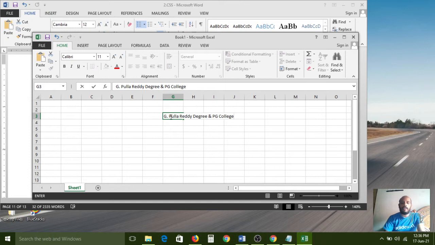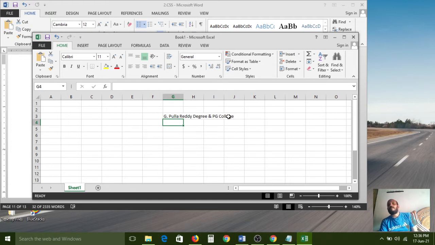Carefully observe: the text is a very large string. If you press the enter key, the large string crosses multiple cells, not only a single cell. It can occupy four cells of space.